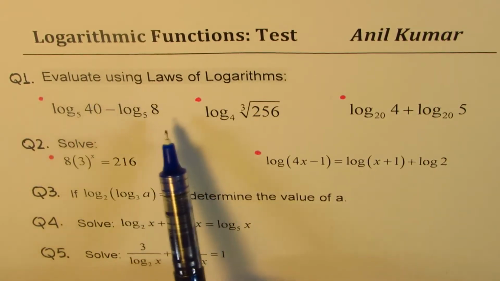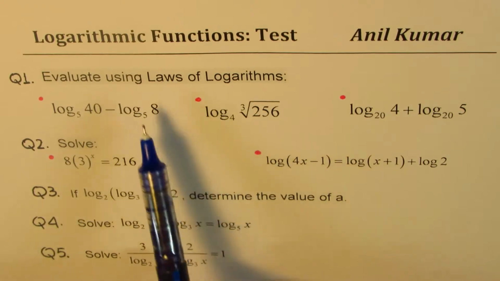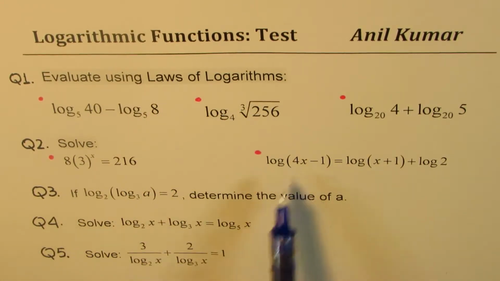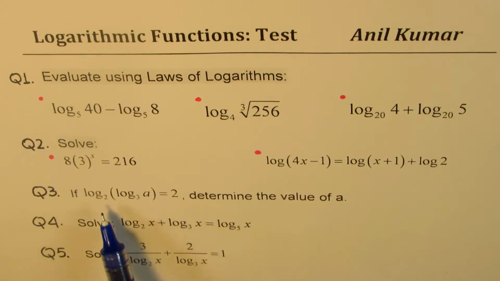First, we need to evaluate logarithms using laws of logarithms. Then we have equations to solve. And then we have log of log function to work with. And here we have logarithms with different bases, right? So change of base will be the formula which you need to apply to solve question number 4 and 5. I'd like you to pause the video, copy the questions, find the answers, and then look into my suggestions and